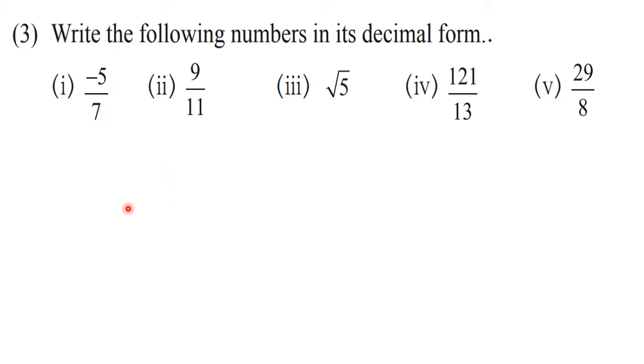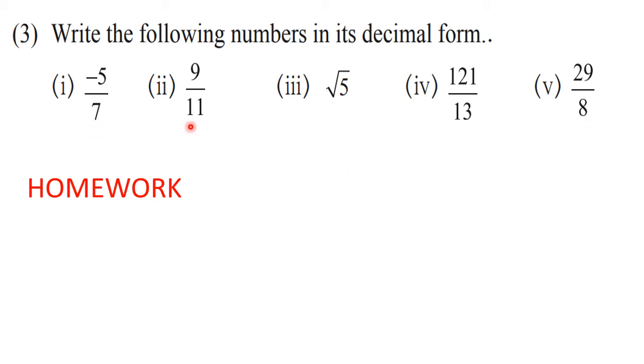Okay, it means you will do the division sign, and then you will write down 5 inside and 7 outside, and you will divide. So you will get the answer in 0 point something. Either you will get recurring or you will get terminating type also. Okay, so solve it and write in decimal form. Okay, so this question also is homework. Now clearly you know that when we do this, we observe the denominator, that if the denominator has factors of 2 and 5, then the decimal form is terminating one. So in this case only here you will get terminating one.